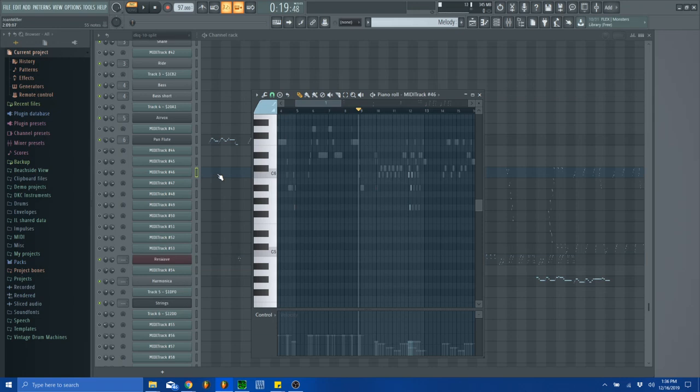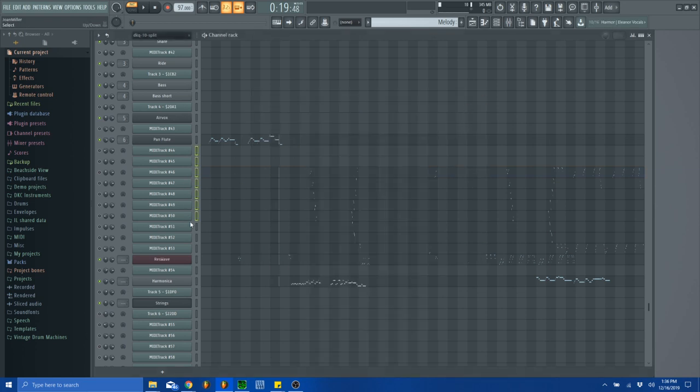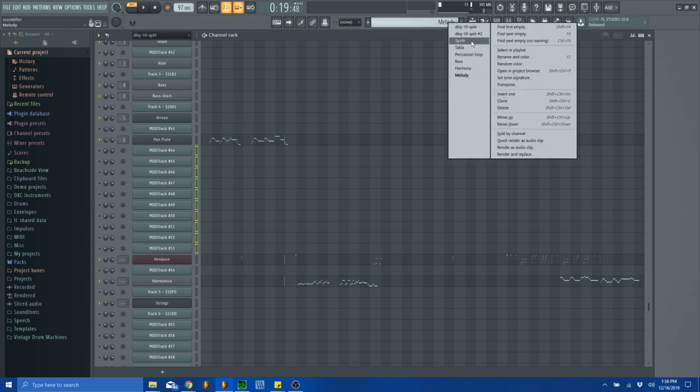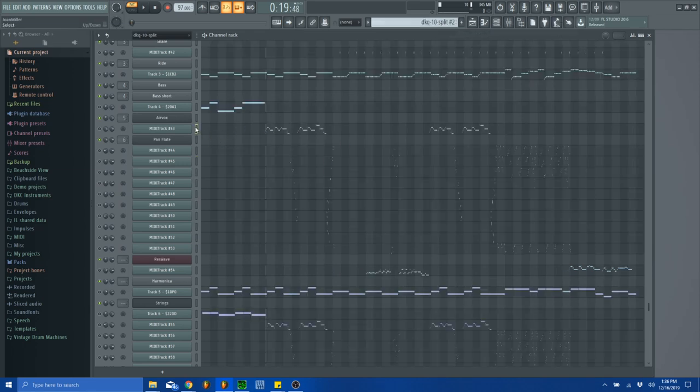Then we're going to go to the next one right here, but notice how it starts at a new bar. So we want to be very careful not to take it somewhere it doesn't want to go. So here's what I'm going to do. I'm going to try to copy everything exactly how it came. So let's go,